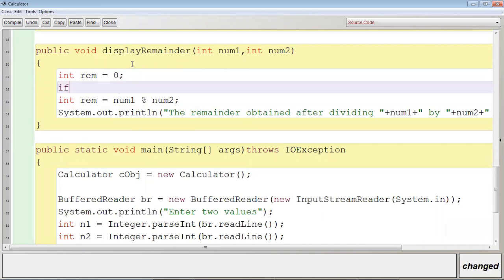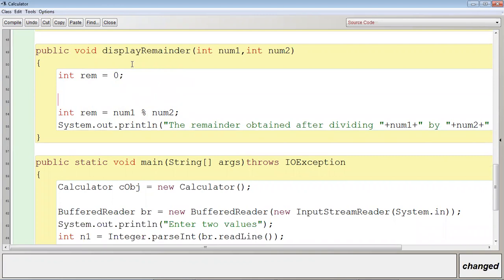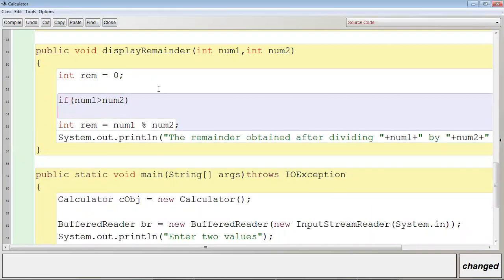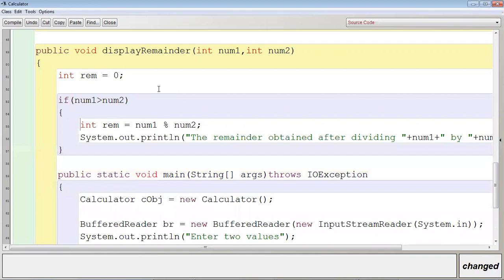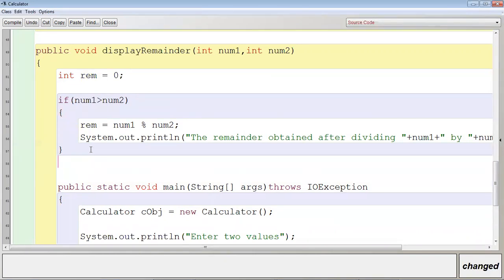Then if, अगर num1, कौन सा num1? इस मेथड का num1 पैरामीटर का वैल्यू अगर ग्रेटर है num2 के वैल्यू से, तो rem is equal to num1 modulus num2. I remove the data type because rem is already declared above, and the same variable is not declared twice in a method block. And then the remainder obtained after dividing.